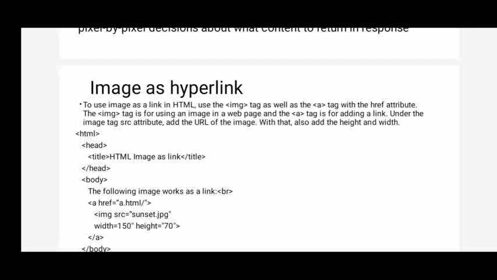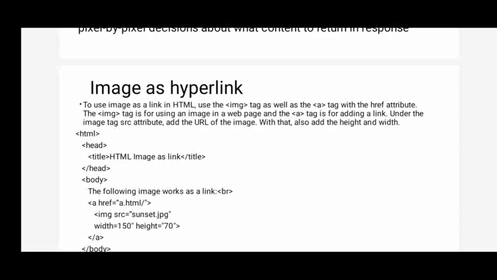Example, in Google or Gmail, on the left side you have an inbox. When you click on that inbox, it will open all your mails. Means it will move from the start window, the home page, to your inbox. Okay, that is the text. When you click on that text, you are moving from one page to another page. But instead of that text, if you create an image, and if you click on that image, you move from the current page to another page, then that is called an image as a hyperlink.